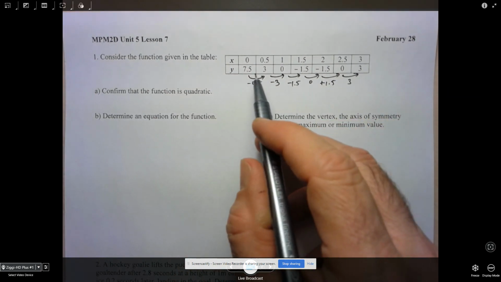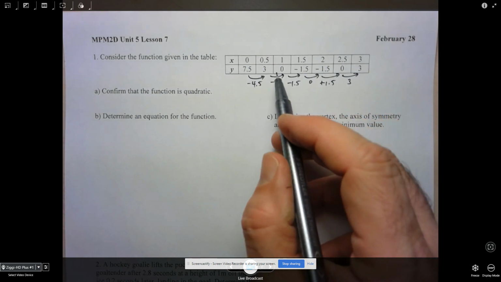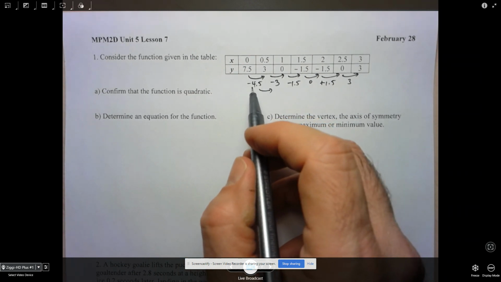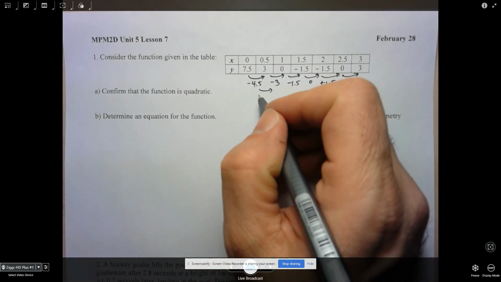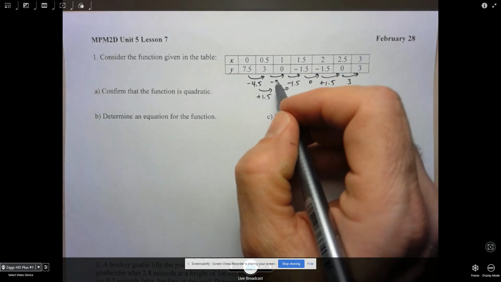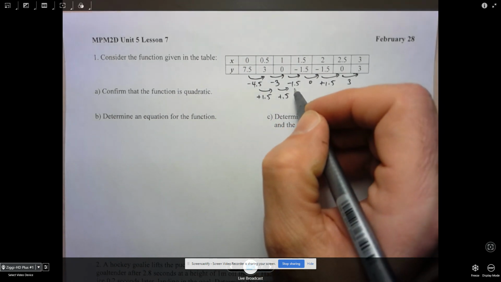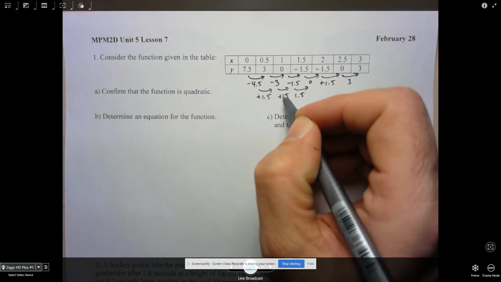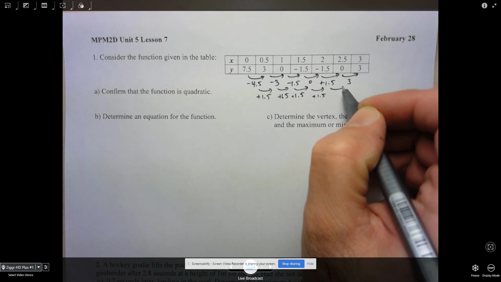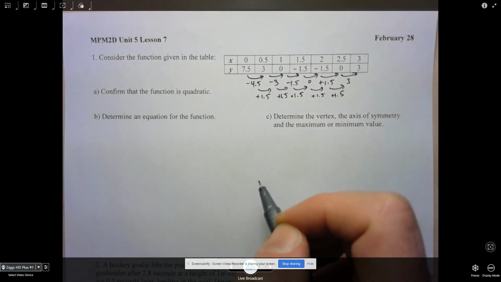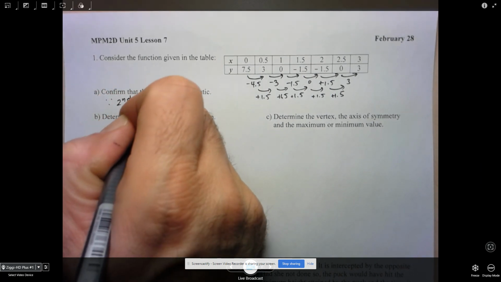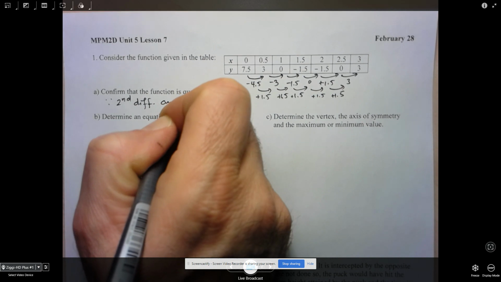They're not constant, so this is definitely not a linear function, which I don't think we were expecting it to be. Now we'll do negative 3 minus negative 4.5. That's going to be plus 1.5. Negative 1.5 minus negative 3 is plus 3. Wait, again plus 1.5, and we see this is looking pretty good. So plus 1.5, again plus 1.5, and plus 1.5. Since the second differences are constant,